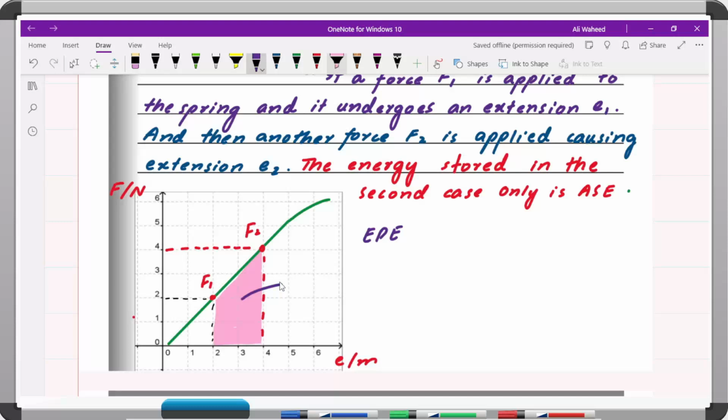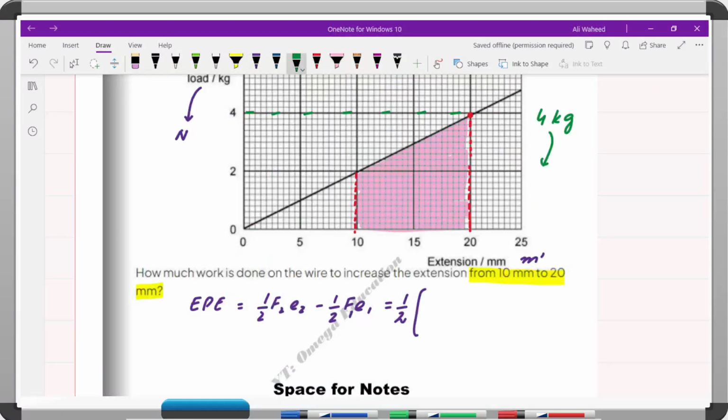And if you want to write in terms of the spring constant, then you can write it like this: 1/2 K E2 squared minus 1/2, okay, 39.24 into, and the extension at that point is 20 millimeters, which is 0.02 meters, minus the second force, or the first force was, okay, first you took the bigger force, keep it in mind, first the bigger extension or force and then the smaller one, otherwise your answer would be in the negative sign. So 2 kilograms would be converted to, it will become your